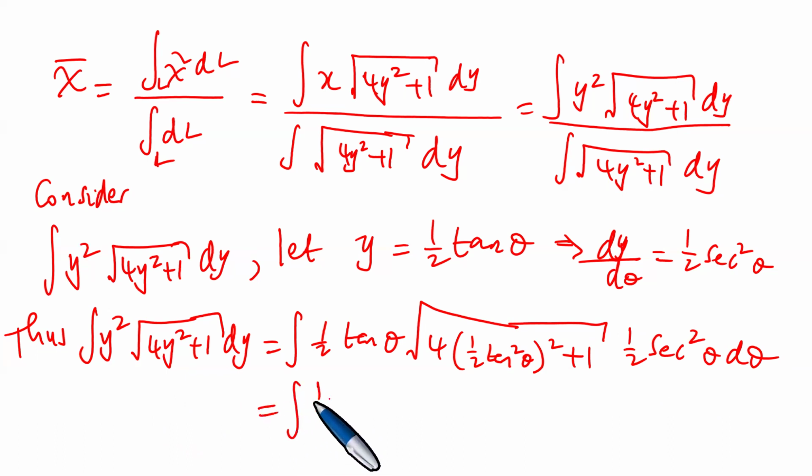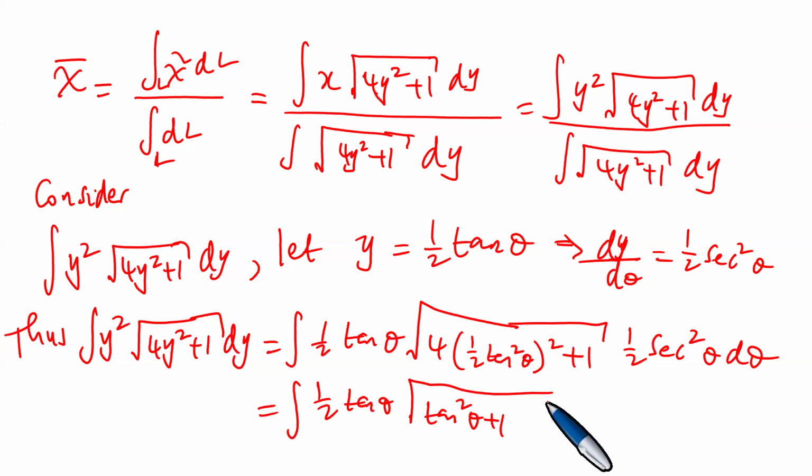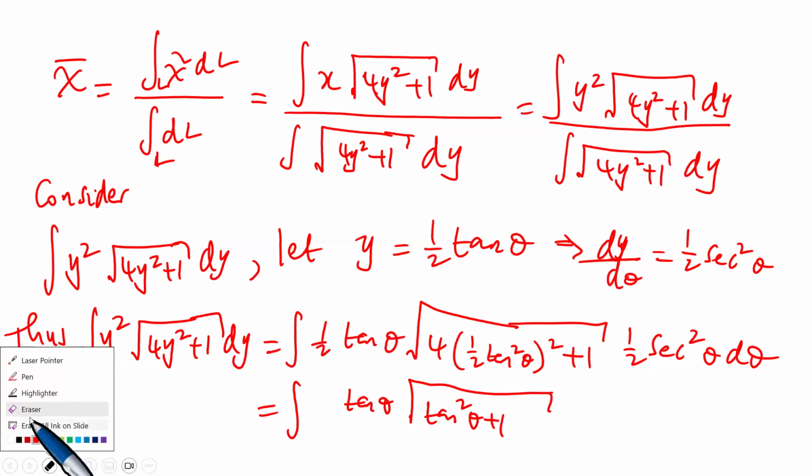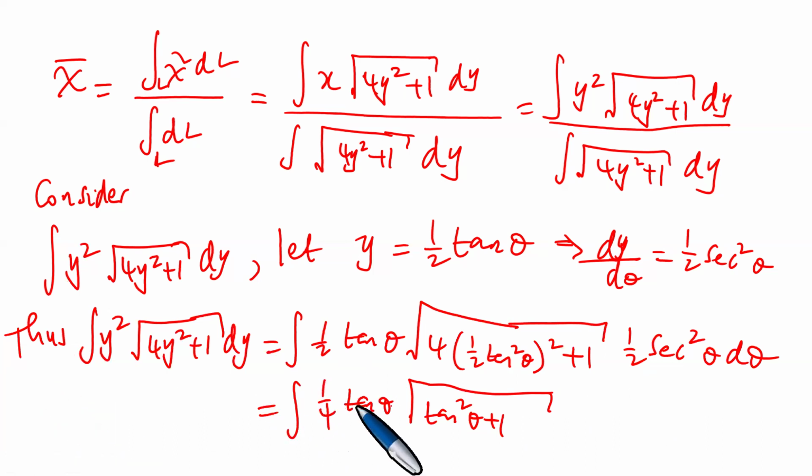So this is the integral of 1/2 the tangent of theta, in which case the squared 1/2 becomes 1/4, and you multiply by 4, and this becomes tan squared theta plus 1, and you would have 1/2 times 1/2, which you can write as 1/4. Then you have the tangent of theta, and this once again is the formula we use. So you have here the secant squared d theta,